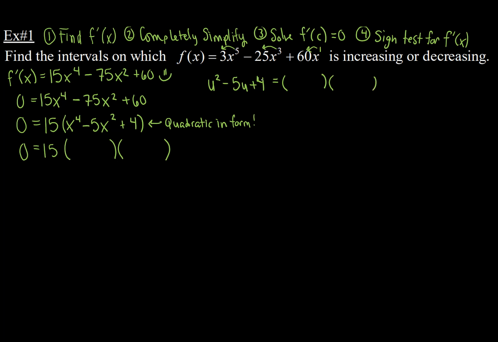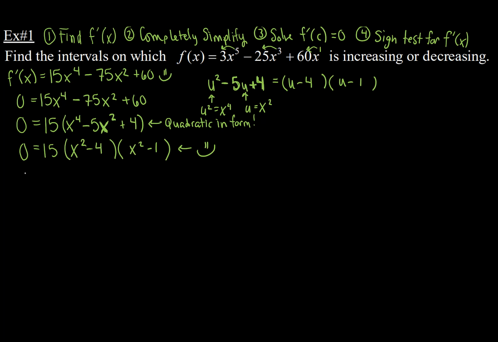Well, yeah, right? You're looking for the factors of 4 that add to give you a negative 5. So it's going to be u minus 4, u minus 1. Well, it's going to be the exact same thing, only u, in this case, is x squared. So u squared is going to be your x to the 4, and regular u is going to be x squared. So if I were to factor this, I end up with x squared minus 4 and x squared minus 1,